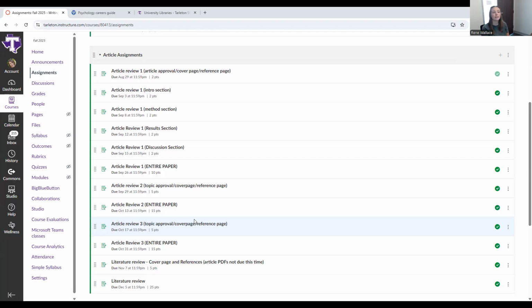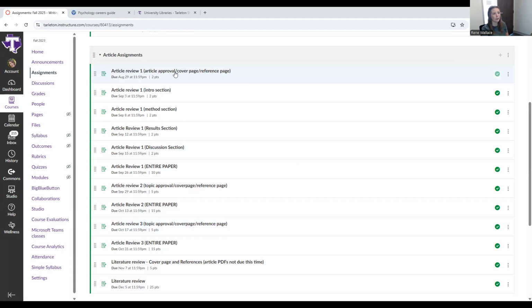For the purposes of these three papers, you only need to cite the authors of your article. Don't worry about if your article is citing other people. Those are called secondary sources, and it's a thing. But right now, I just care about you getting good at writing the basics in APA format. So, all that to say, I'm going to pretend to do this assignment from the beginning with you so you can just see what I'm looking for.